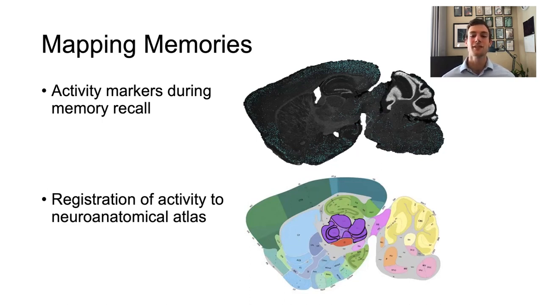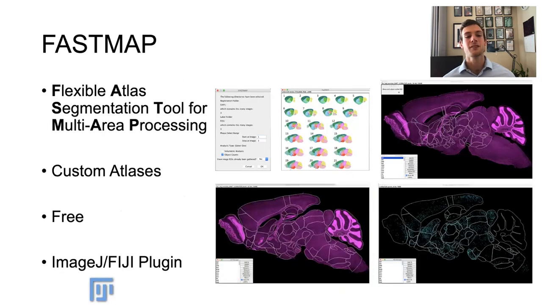While commercial options exist, they are often inflexible to tissue type, or inflexible to regional organization, or require extensive computational backgrounds, or they're just plain expensive. With all of this in mind, I decided to develop my own open source tool to map cellular labels of interest to an anatomical atlas. FASTMAP, which stands for Flexible Atlas Segmentation Tool for Multi-Area Processing, is an open source plugin which I've developed for